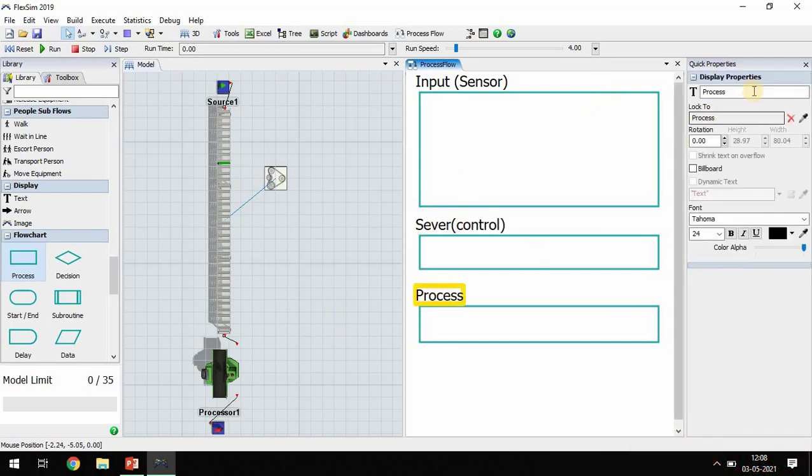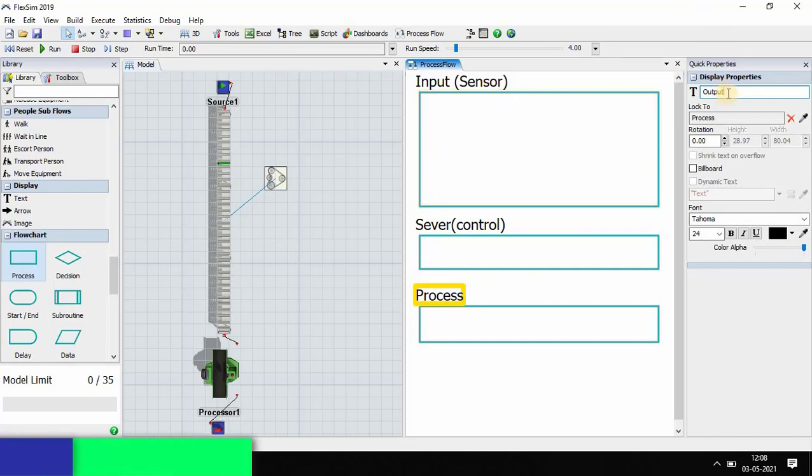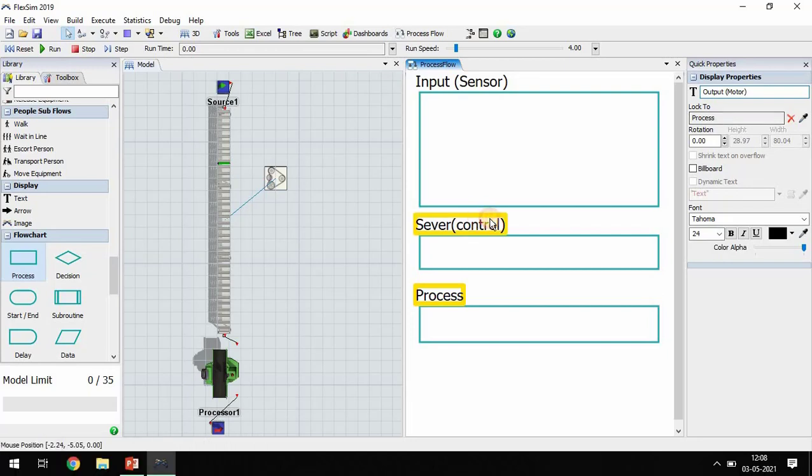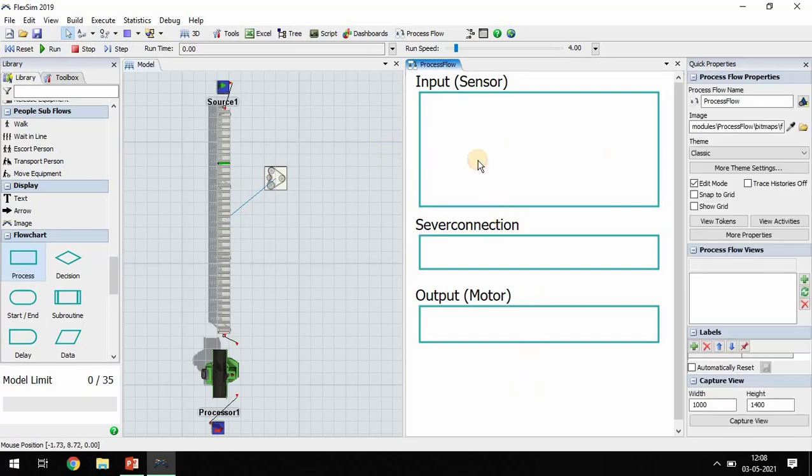And the last one is an output or control with the help of the motor, so simply call it control. For the server, change control into connection, because this is communication. That's it. So the flowchart is done now.